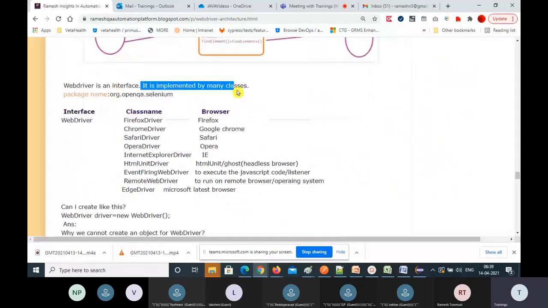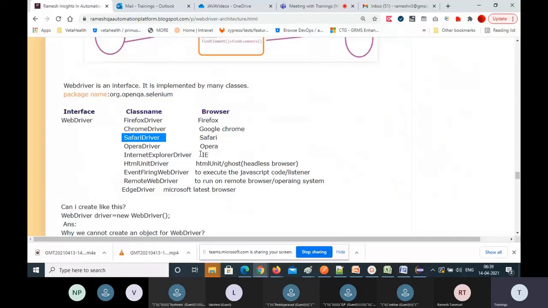It is implemented by many classes. The interface name is WebDriver, and the class name for the Firefox browser is FirefoxDriver. The class name for Google Chrome is ChromeDriver. The class name for Safari is SafariDriver. The class name for Opera is OperaDriver.